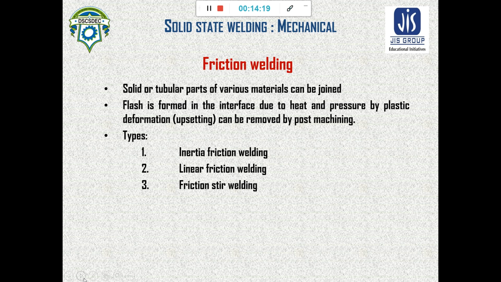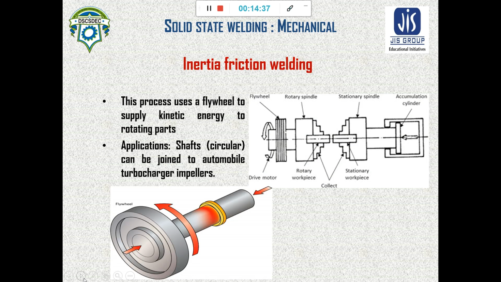Next, there are three types of friction welding. Those are inertia friction welding, linear friction welding, and friction stir welding. All of those three we should learn, and in this lecture we will be seeing inertia friction welding, linear friction welding, and friction stir welding. So let's start with